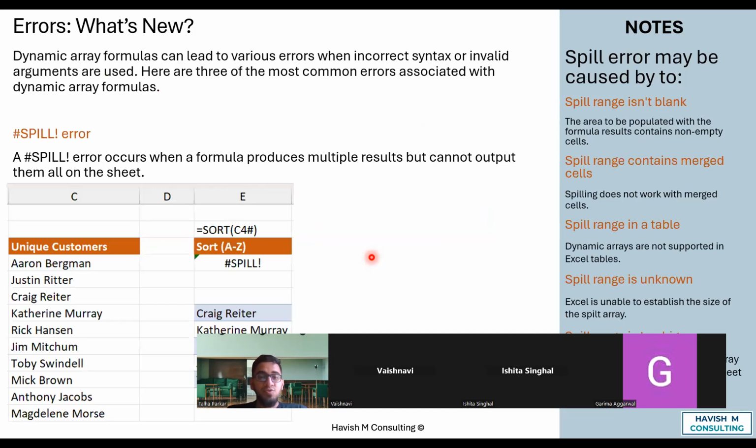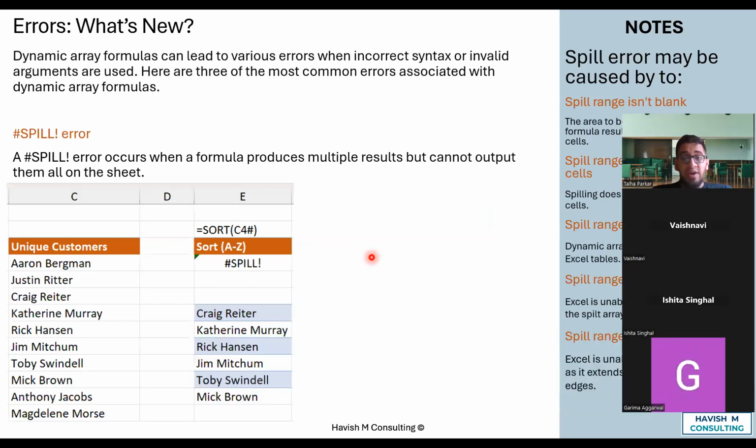Okay, so coming to errors, what is new with errors? There is a new error called spill error. In the dynamic array formula, various errors can occur when syntax is incorrect or invalid in the arguments used, like a normal formula, right? So if you referred to something that doesn't exist, you get a #REF, right? If you're searching for a value that is not available, what will you get? A #N/A. So the three more common errors associated with a dynamic array formula, first is the spill